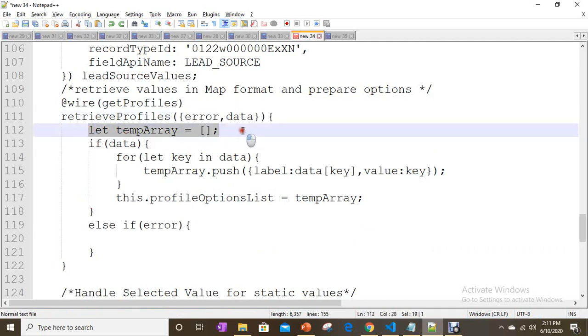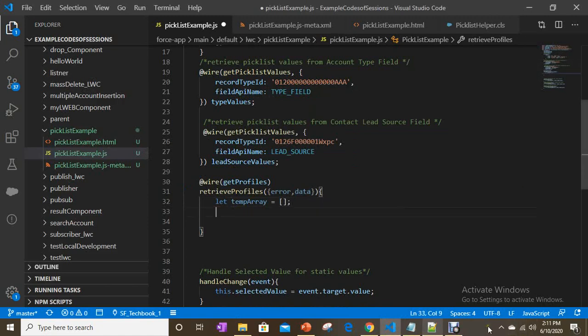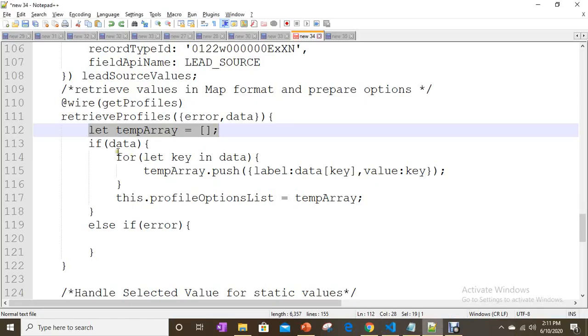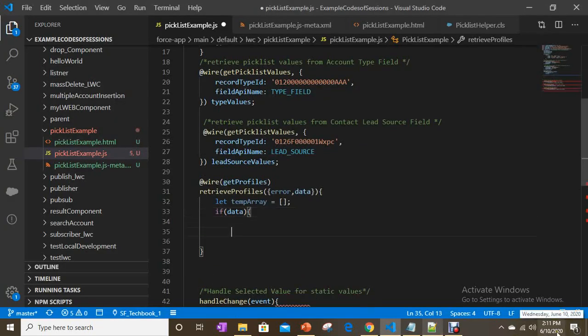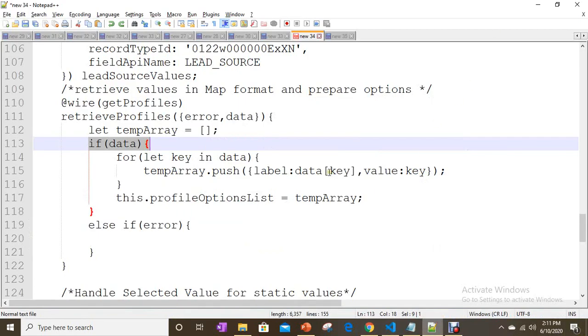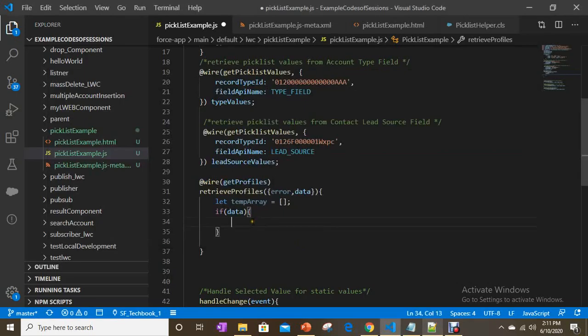So with that, I am just preparing an empty array for now, and I'm going through data. If there is data, then how can I loop through the map?